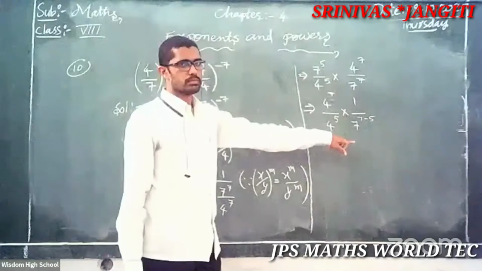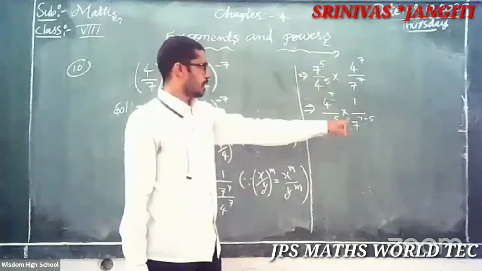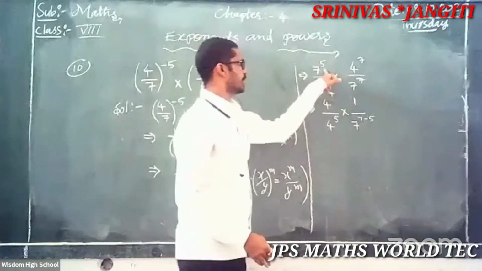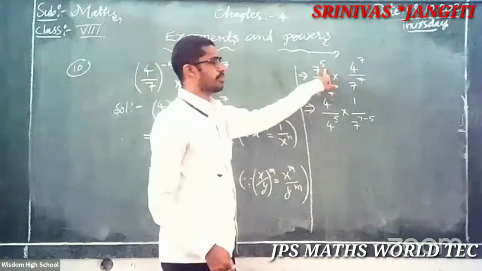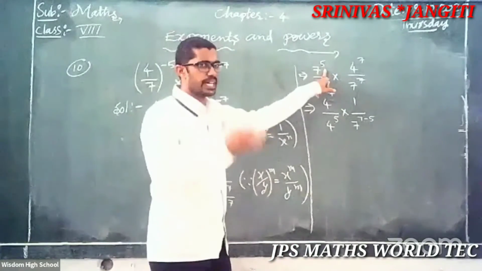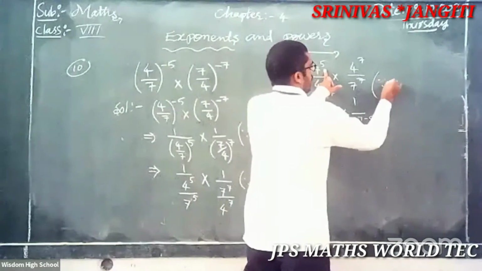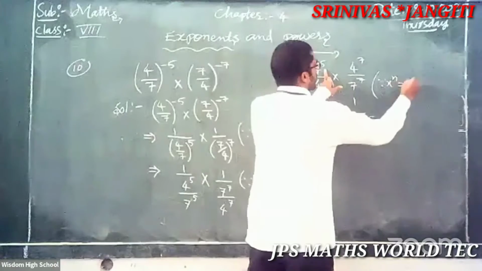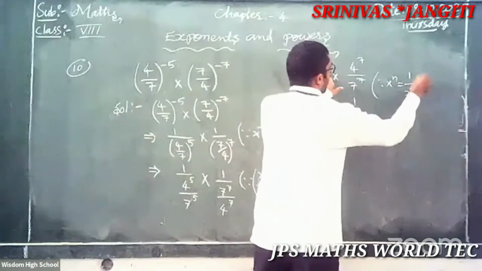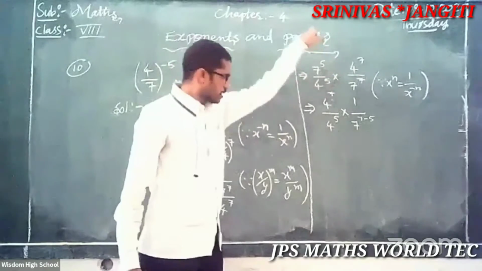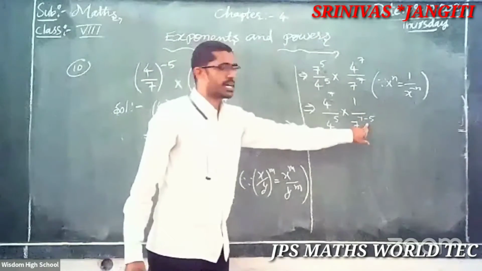Here it goes down. Clear? Or if you want, once again step by step: it is 7 to the power of minus 5. But simply you will know that x to the power of minus n is equal to 1 by x to the power of n. That's why the 5 goes down, and what happened to the minus last time is that it disappears.